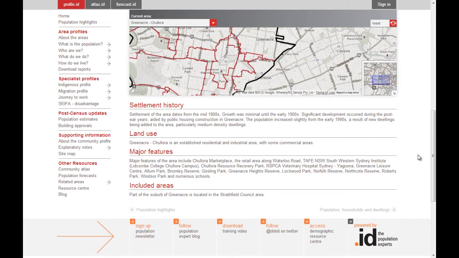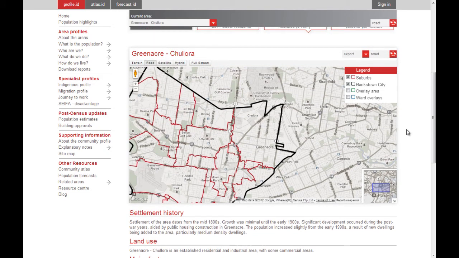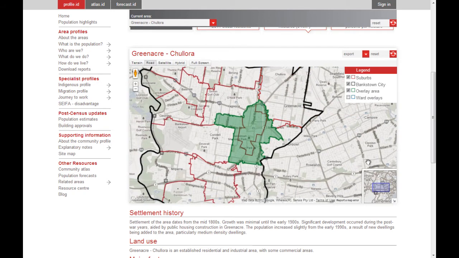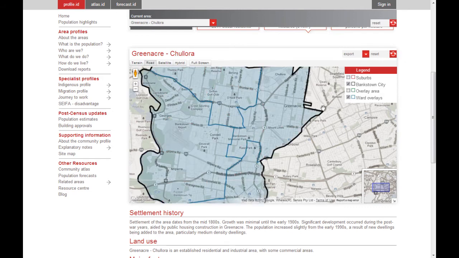So in this case, we're noting that part of that suburb is actually located in a different council area. So in the Bankstown City Council profile, we're only providing you information for the part of Greenacre that is situated within Bankstown. Some of our community profiles not only have one level of geography, but they also have additional levels of geography as well. So some have overlay areas which cover multiple suburbs, like this one here, and this is covering a planning area. Some of our profiles also have ward overlays, which is important for voting and so forth,